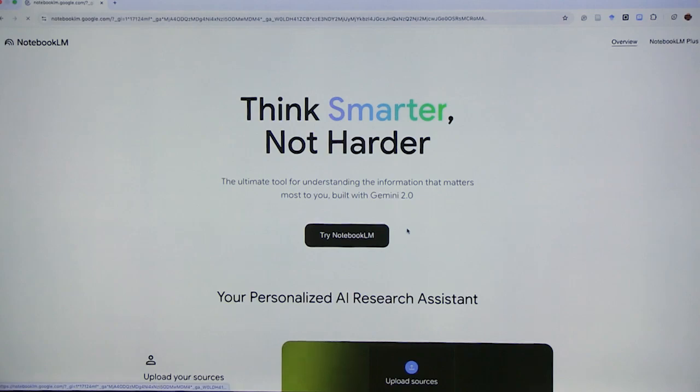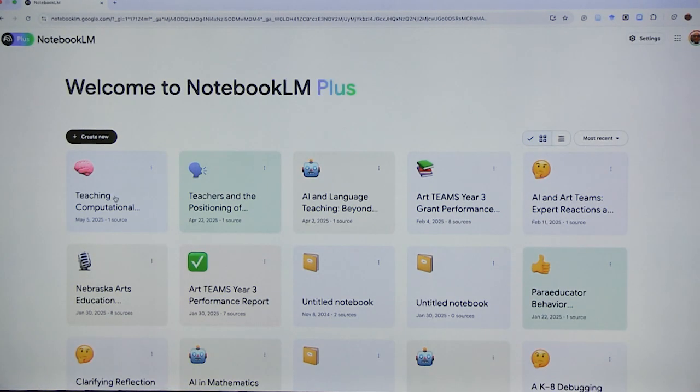Notebook LM came out just over a year ago and kind of took over the AI world by storm. The reason was that this was a very practical application, easy to work with, that produced a number of really neat results if you want to learn something new or if you want to process information and bring it together. So let me just show very quickly some of the options.